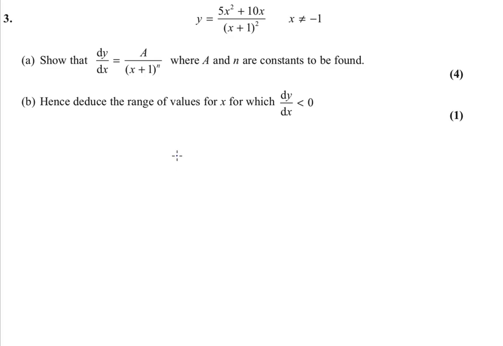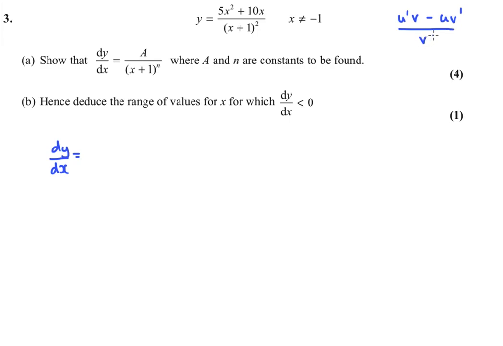Okay, question 3 has given us an algebraic fraction. It's stated that x can't equal -1. That's so that the denominator of this fraction isn't ever 0. It wants us to differentiate it. So that's just going to be the quotient rule. It's a fraction, so we're going to use the quotient rule, which, if you've forgotten, is u'v minus uv'